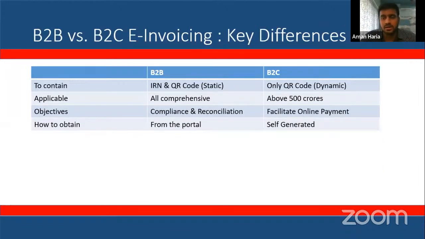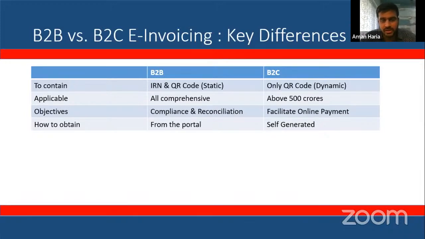Moving ahead, before we stop discussing B2C, I'd like to highlight how B2B and B2C e-invoicing are different. In B2B invoicing, the data from the system is sent to the government portal, and in return you get an IRN and a QR code which is static. In case of B2C, there is only a QR code, which is a dynamic QR code, and